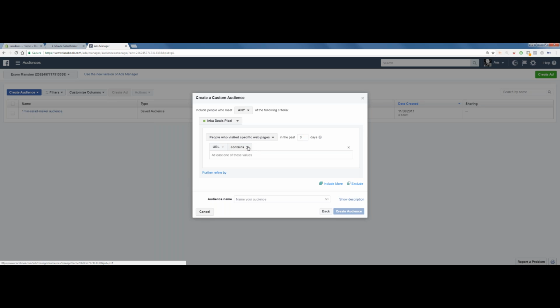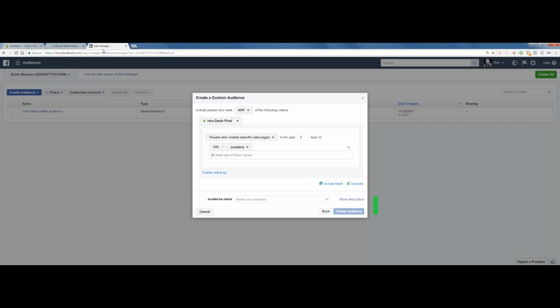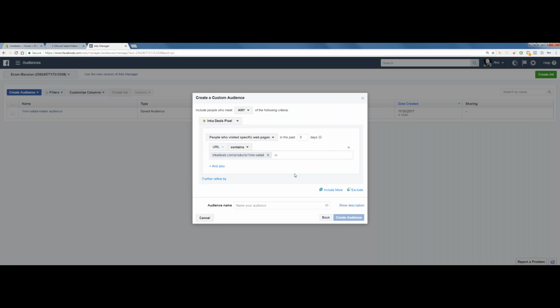And the URL of the page that we want to identify the audience contains, we copy the link without the www, and we put it here, and we click enter. So it's saying here that include people in this custom audience that we're going to build that meet any of the following criteria. This pixel, people who have visited in the past 3 days this page. So it's this specific product.